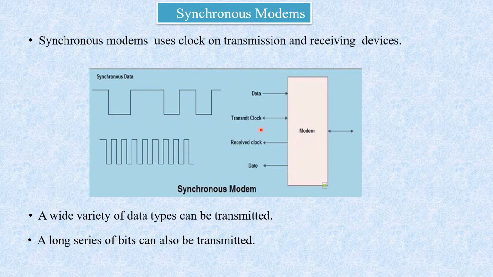The data bytes are always synchronized to the clock. There is a separate clock for data bits between the DTE, that is the computer, which can use its internal clock and supply the same to the modem.